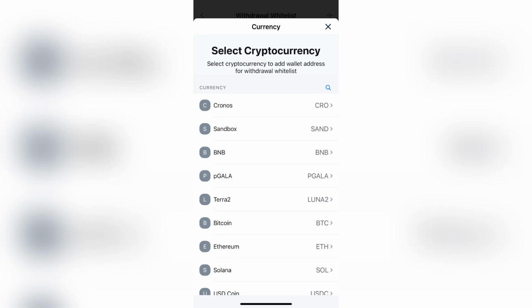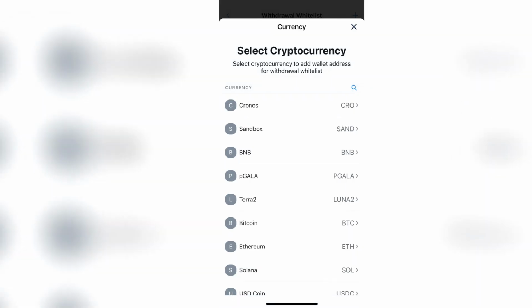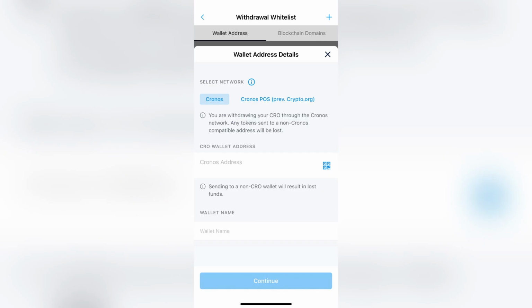tapping View Status on Explorer. You can then also refresh your wallet simply by pulling down the home screen and verifying if the funds have arrived from